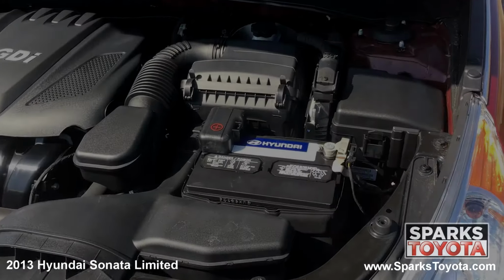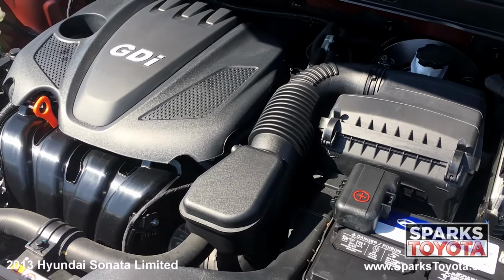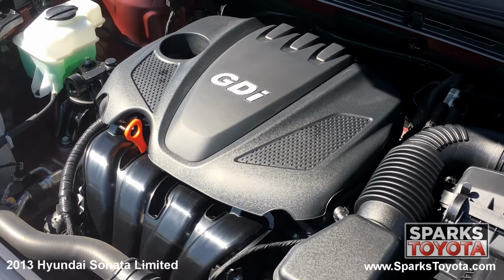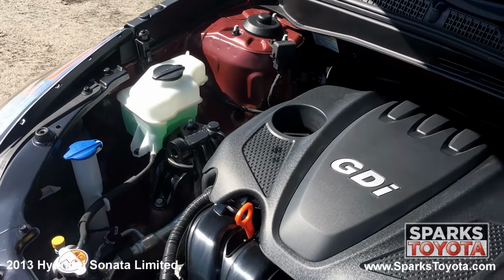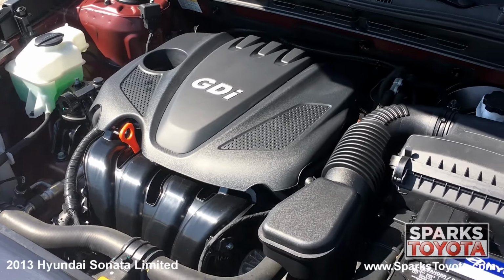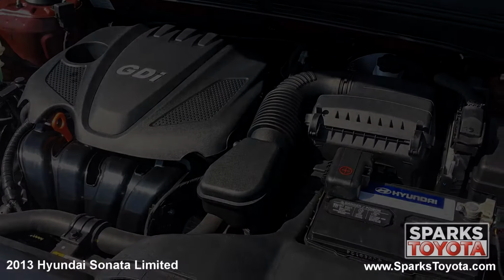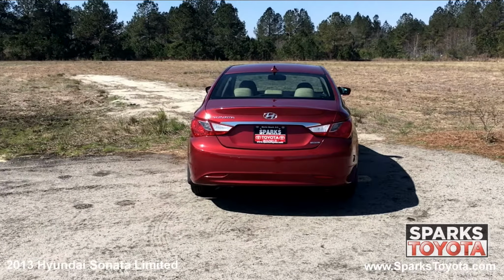Under the hood, you have a 4-cylinder 2.4-liter engine with automatic transmission. This Sonata is front-wheel drive and is estimated the driver received an impressive 28 miles per gallon on average. Let's not forget that this Sonata has only 32,401 miles on it. At the back of the Sonata, you can see the antenna along with large brake lights